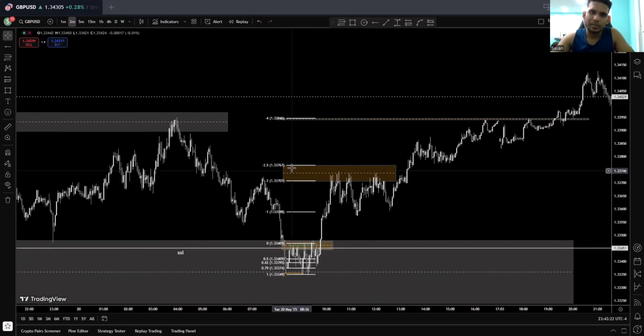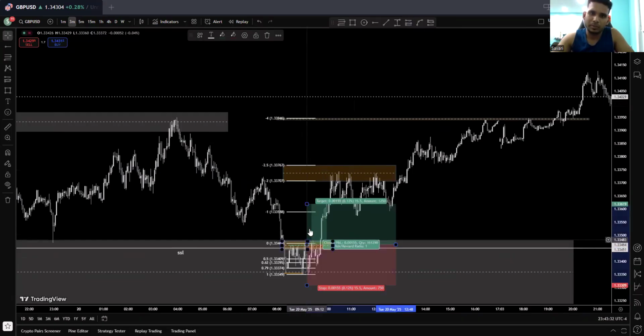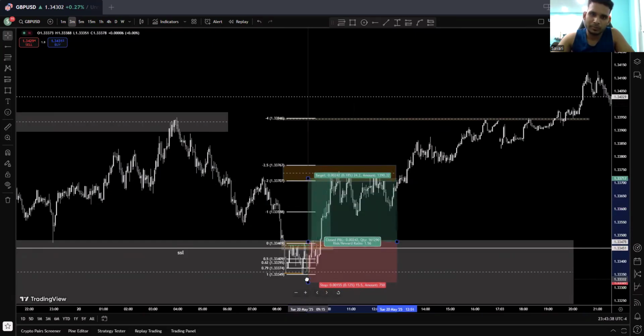Price did take my 2 to 2.5 range. This area is going to be my first take profit. If I entered any sort of entry at this point, the breaker, this is going to be my first take profit. And my stop loss is going to be